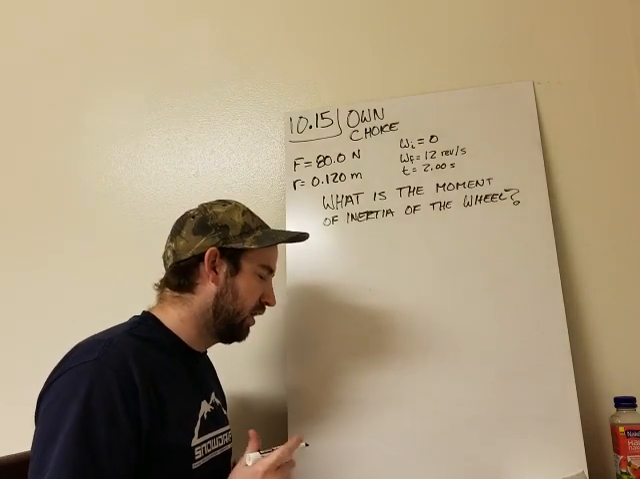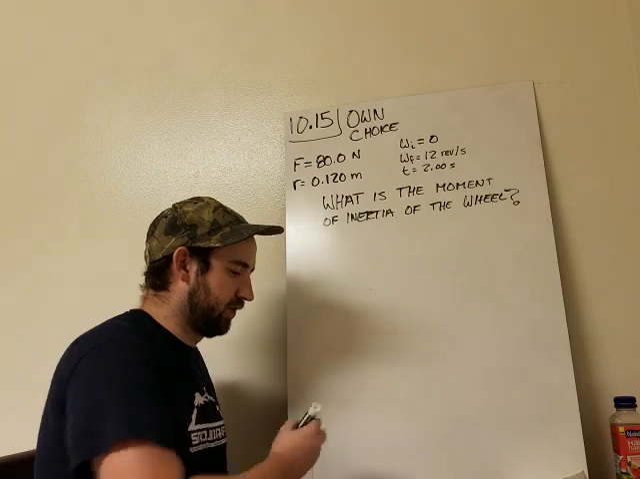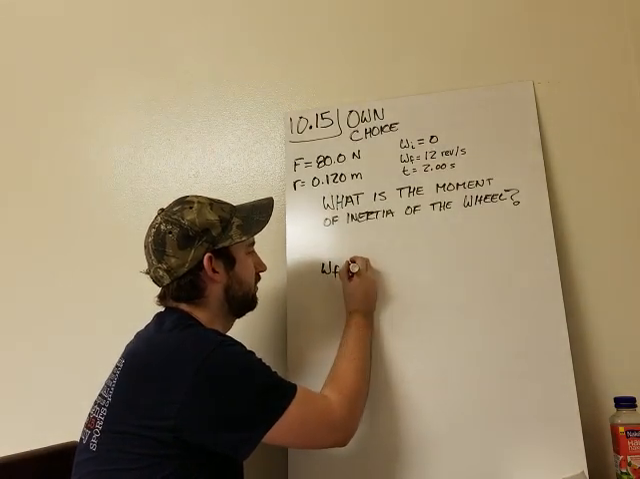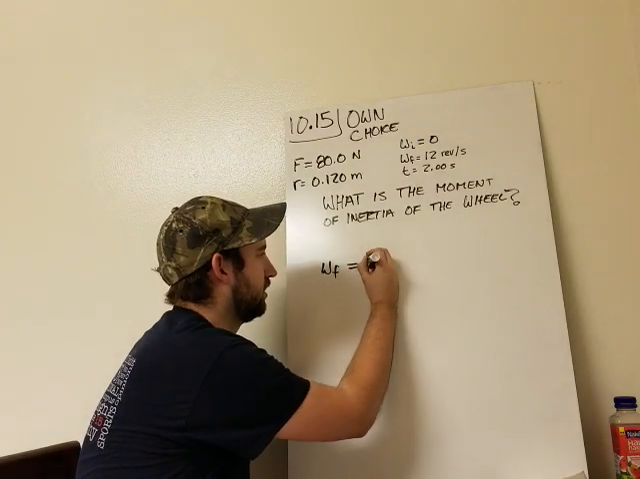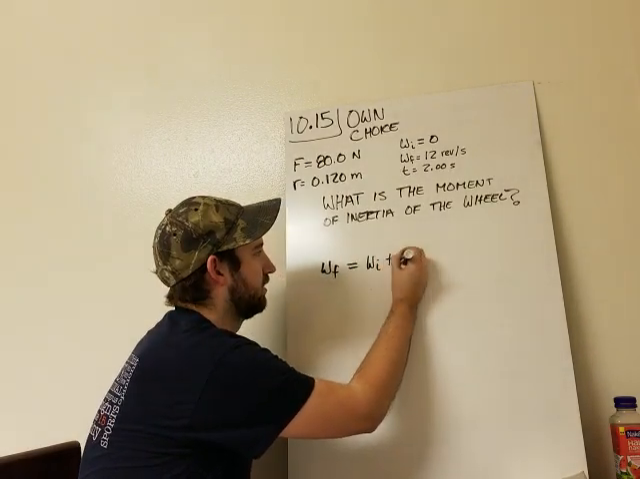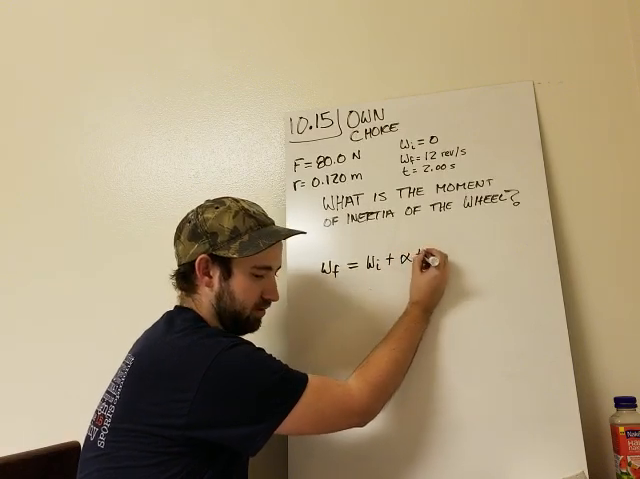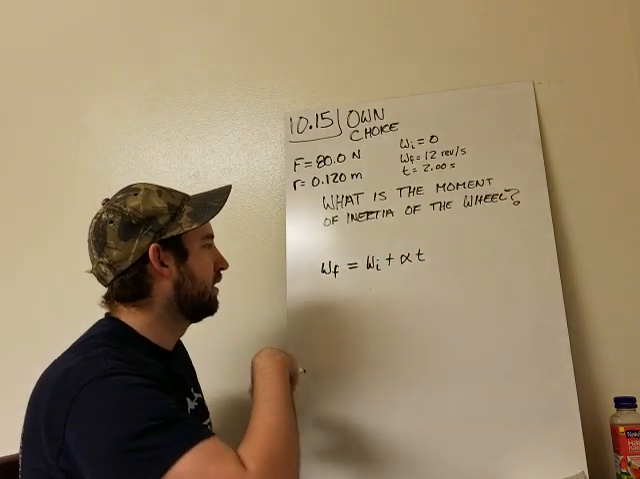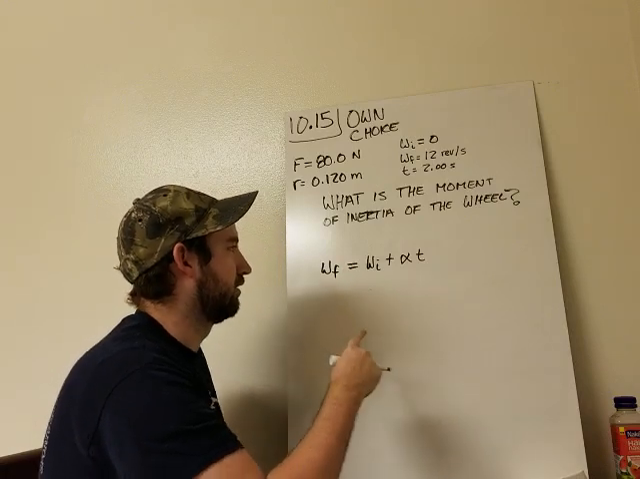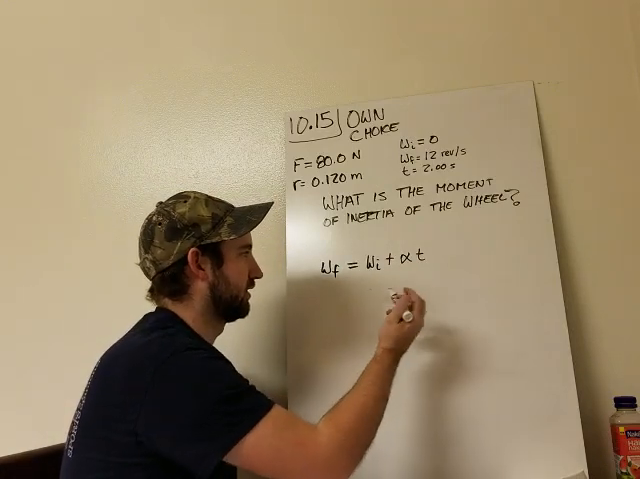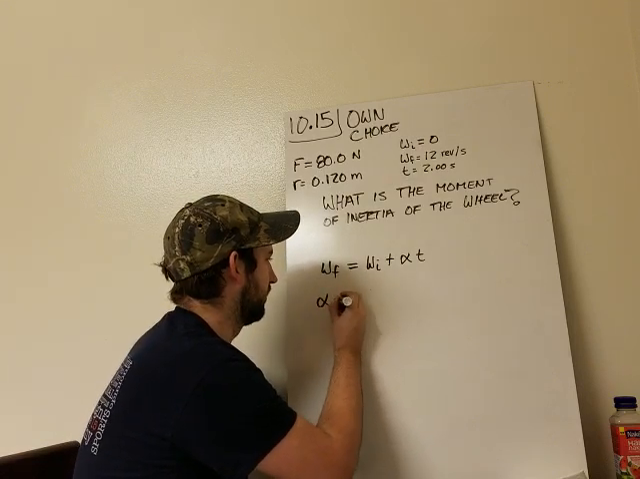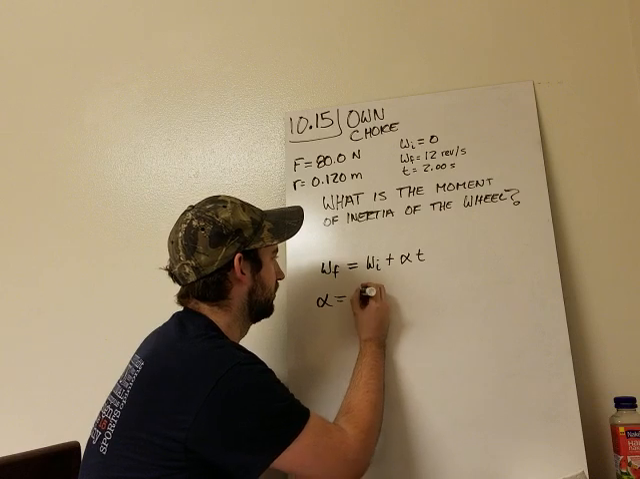And so what we're going to want to do for that is use one of our equations. It says the final angular velocity equals the initial angular velocity plus the angular acceleration times time. And from here we can solve for the angular acceleration. So we end up getting that the angular acceleration equals